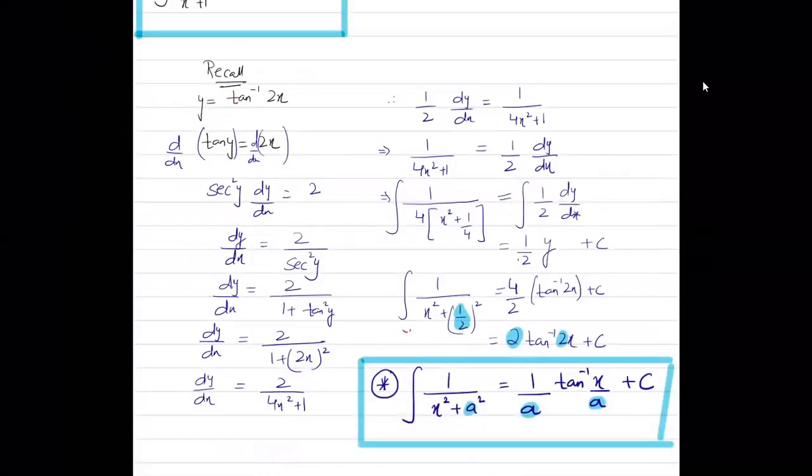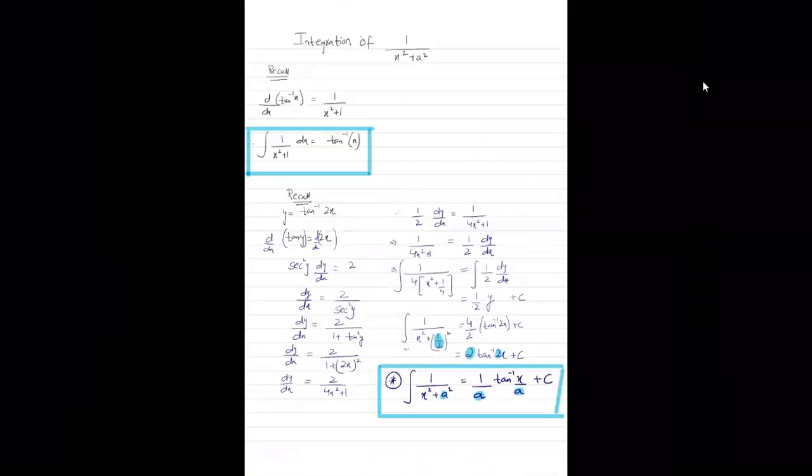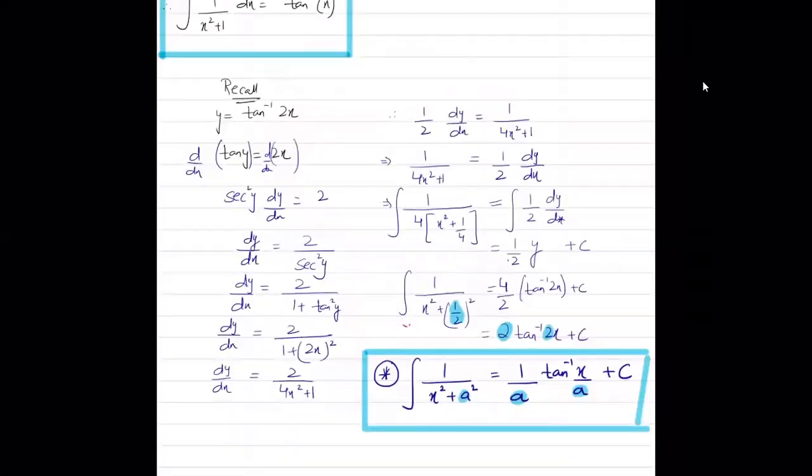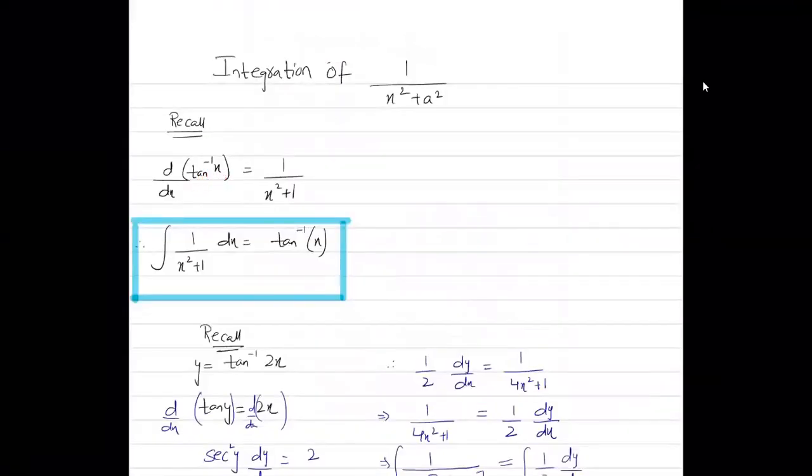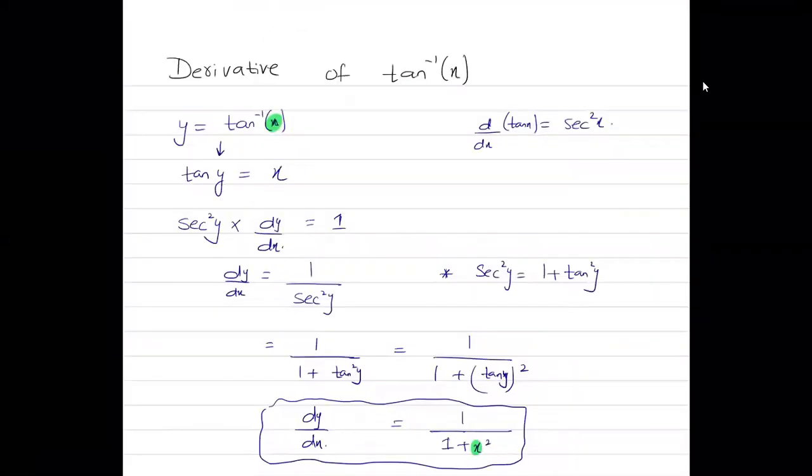Watch this. If you were asked to find the differentiation of tan inverse of x, let's say the function is y equals tan inverse of x. Do you remember how we went about the differentiation of tan inverse of x? No, sir, I don't. Okay. When we were doing differentiation, I explained how to find the derivative of tan inverse of x. Let's say the function is y equals tan inverse of x. Then that would mean that tangent of y is going to be equal to x. Agreed?